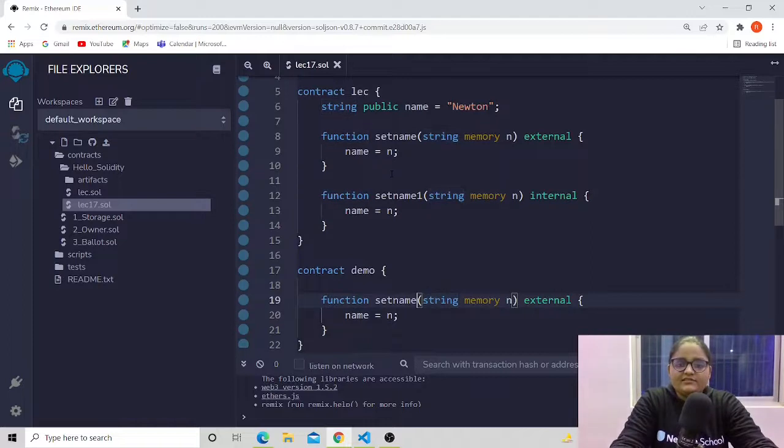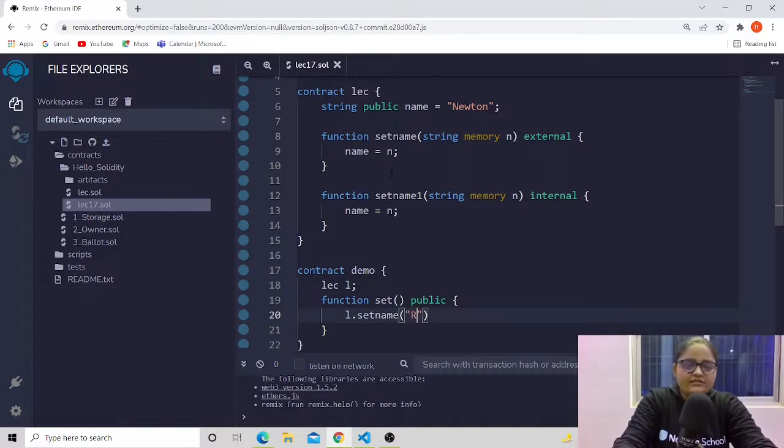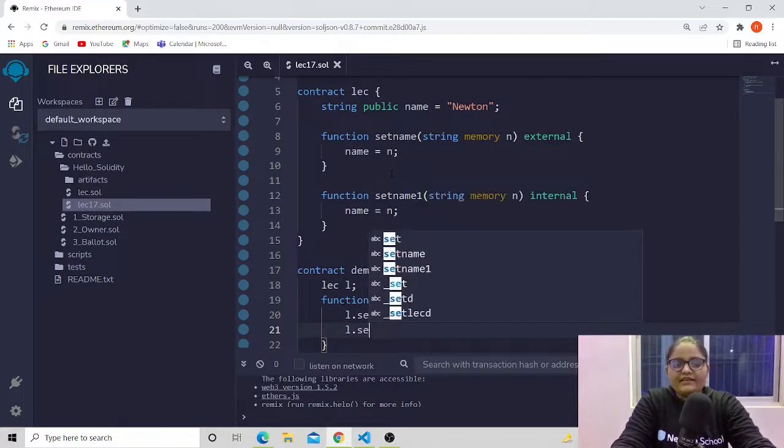Let's say this is just a set function, and let's keep it simple, and say that it's a public function, so that we can get it in our deploy tab. And let's create a variable of our lecture contract, sorry, not variable, an instance of our contract, and let's access both the functions, set name. Let's say this time I am writing Rupali, and we also want set name one, and this time I want it to be